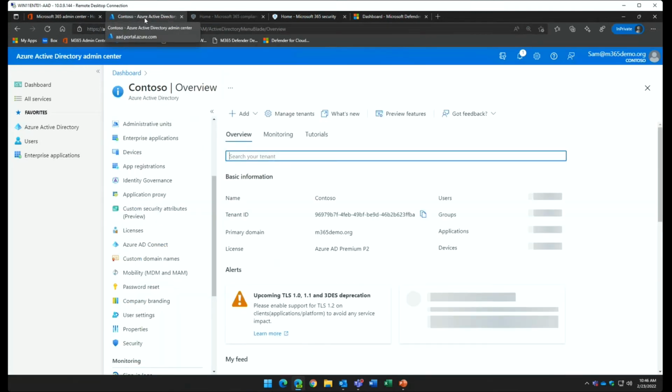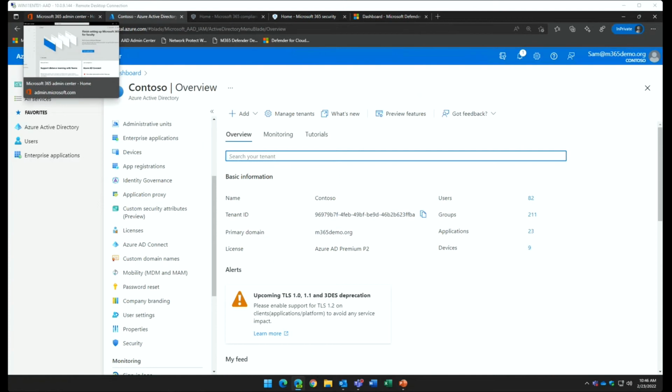We did have a question come in right now from Aaron. It's regarding a setup for password reset. What he's wondering is, will the selected button, where you can add more than one group, be an option? You might have just answered that, but it is one group. I'm not aware of anything on the roadmap to increase it to more than one group, but I've heard that comment before. The product groups have heard that as well, but I don't have any dates or roadmaps on if or when that may or may not be available.